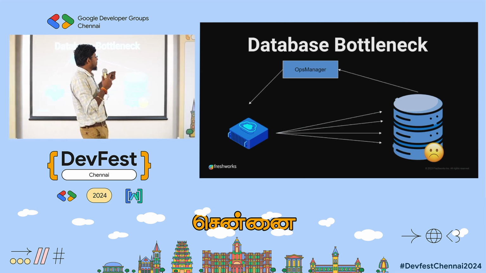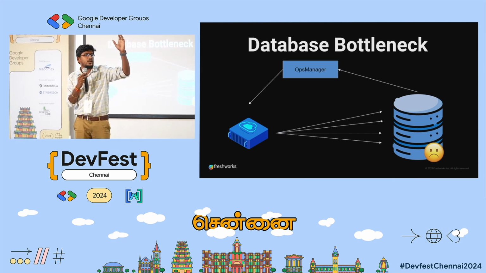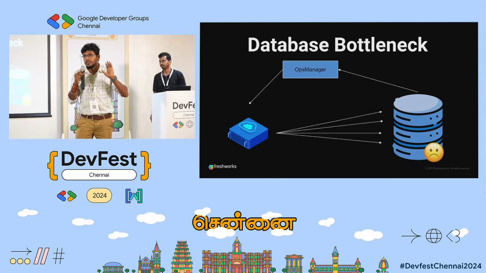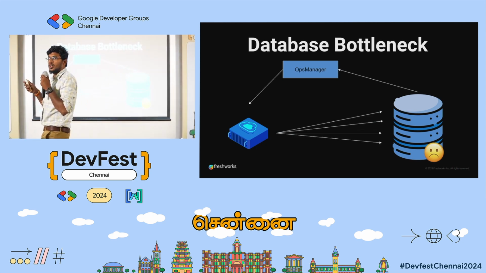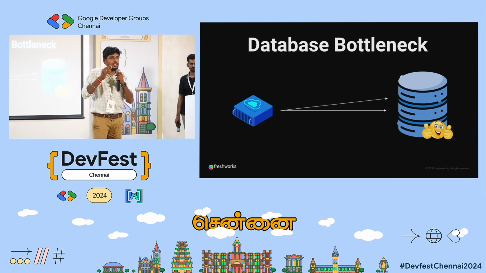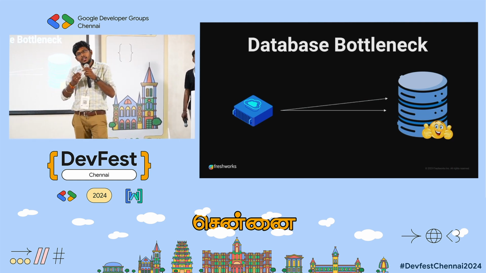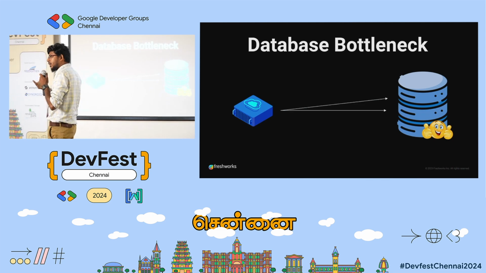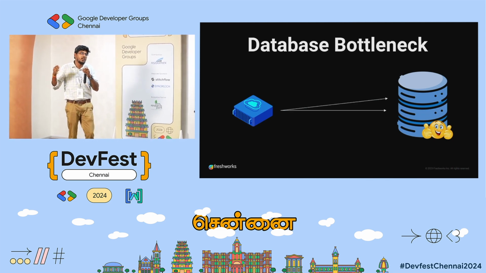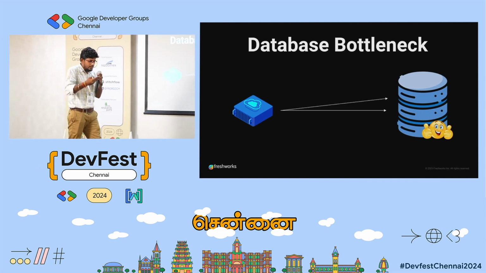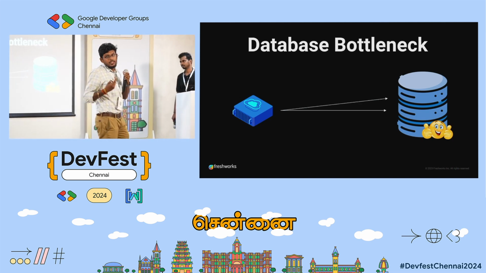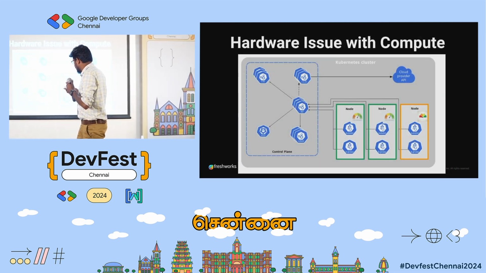So if there is a detection, my ops manager would have put some data somewhere which my app will access and come to know that, okay, I am troubling my database, so I will slow down. It will reduce the concurrency of the maintenance activity, because this maintenance activity can happen later also. It is not like it has to happen right now. So by reducing this concurrency, I will give room for my regular traffic. So my customers who are accessing my application won't see any latency, they seamlessly access, and revenue will flow in, right?